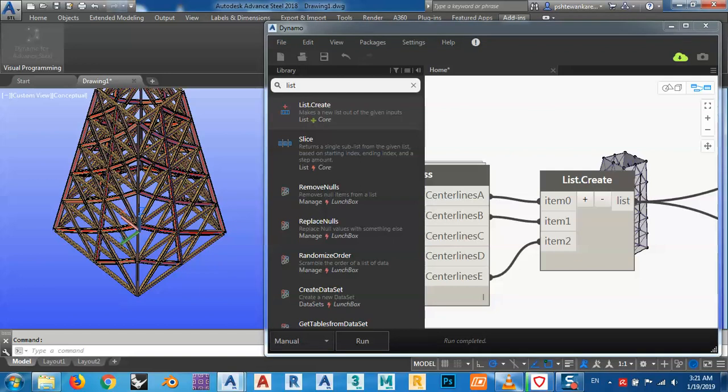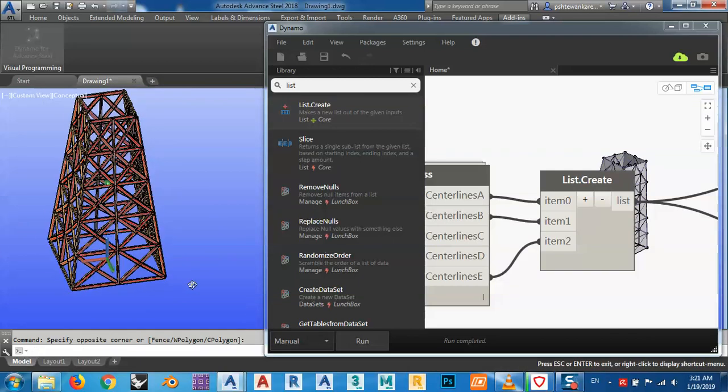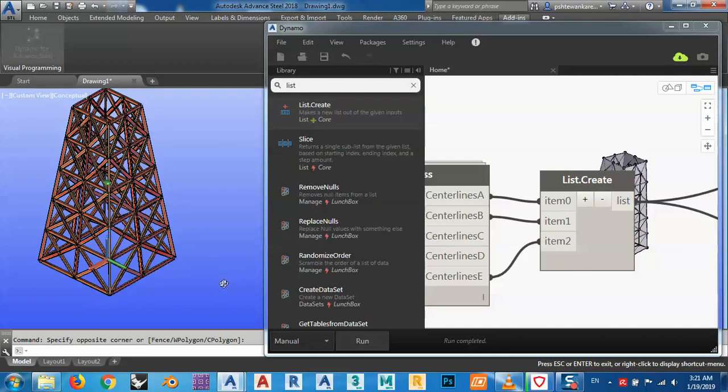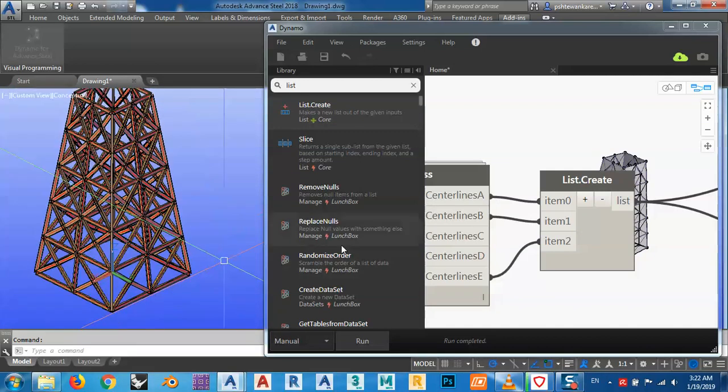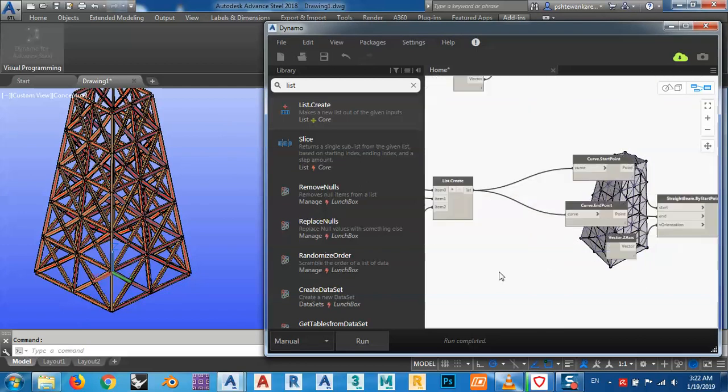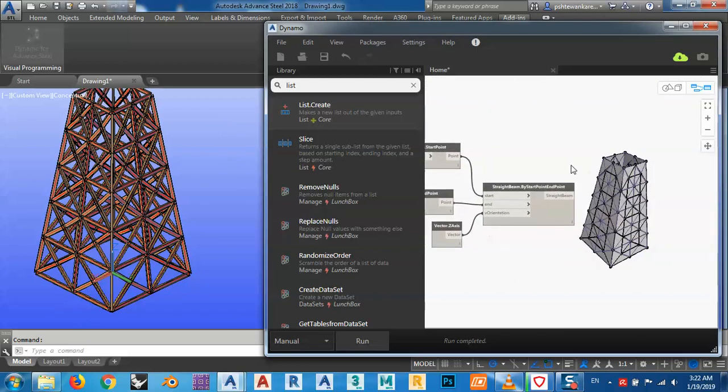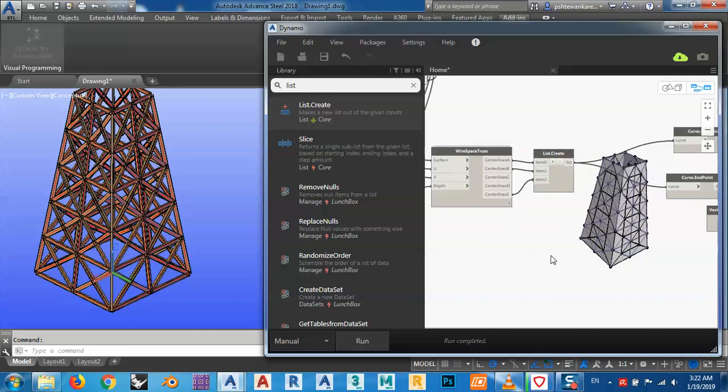Again, it needs some time to solve this tower. As you see now, I think it is very good. We can delete this later, don't worry about it. And if you see, we have everything here. We can change its height